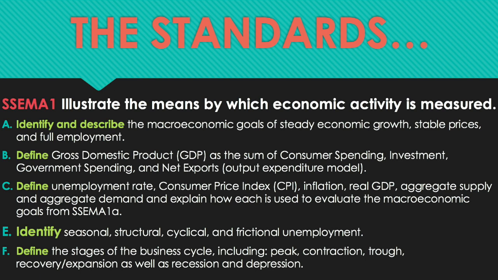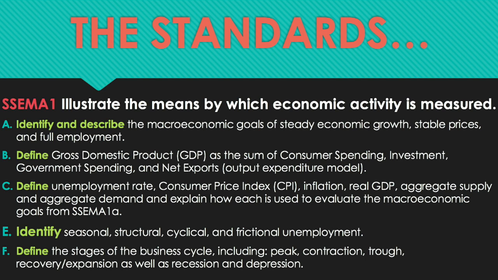We're going to focus on 5 of them right now, but you'll notice that A tells you to identify and describe the macroeconomic goals of steady economic growth, stable prices, and full employment. B tells you to define gross domestic product as the sum of consumer spending, investment, government spending, and net exports. C tells you to define the unemployment rate, consumer price index, inflation, real GDP, aggregate supply and aggregate demand, and explain how each is used to evaluate the macroeconomic goals from